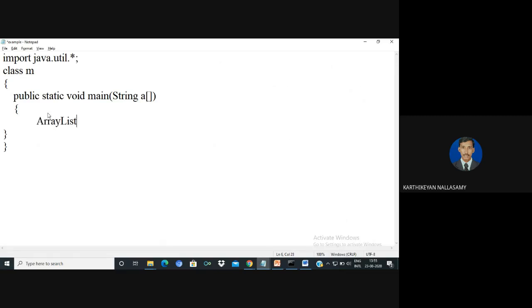Here Integer is the wrapper class, followed by the object name equal to new ArrayList. The default constructor is used here, so the size allocated for this array is 0. It means no memory has been allocated yet for this ArrayList. Now I'm going to compile it and check whether there are any errors.